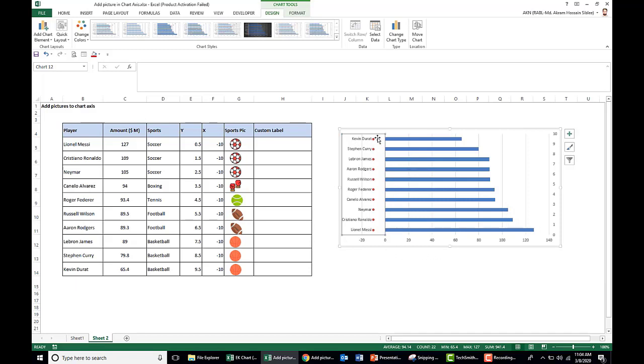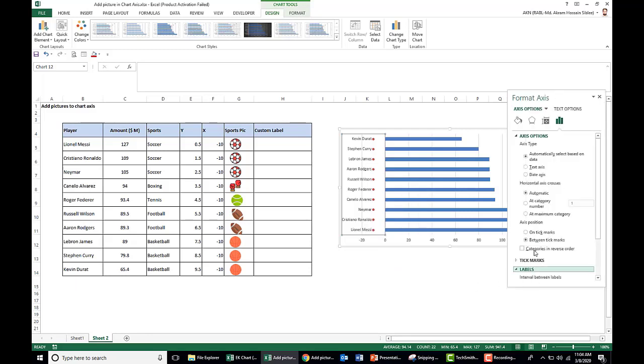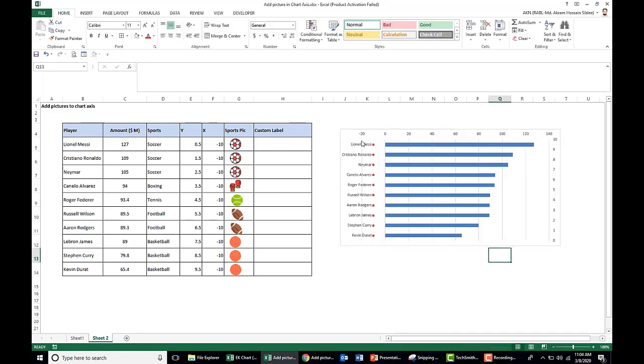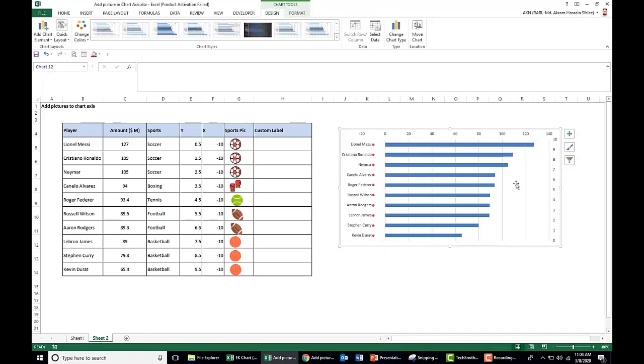Now we need to arrange this axis in the right order. Here the top is Lionel Messi, so we should place Messi at the top. Right click, format axis, categories in reverse order. Now it is in the right order.